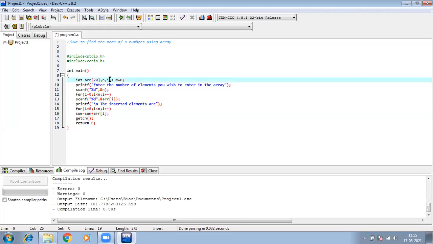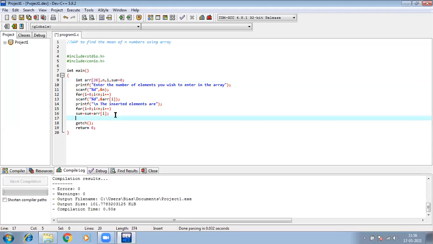Why? Because it is sometimes seen that if I do not initialize a variable with a 0 value, most of the time it assumes a garbage value. So we do not want that. So I will start my sum from 0. 0 plus anything, we know, gives me the number. So if I start from 0, I do not have to worry about anything. For the first step the value will be 0 plus whatever is in the 0th index. Then that updated value will be added with whatever is in the first index. Like this it will go on. Now this will only give you the summation.